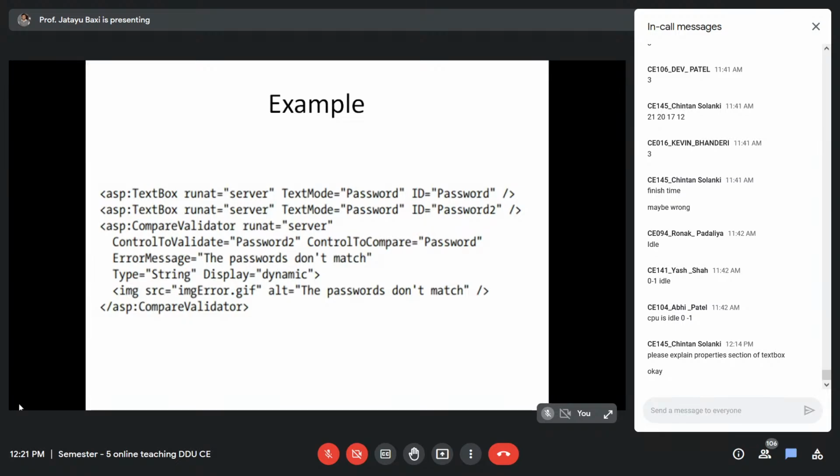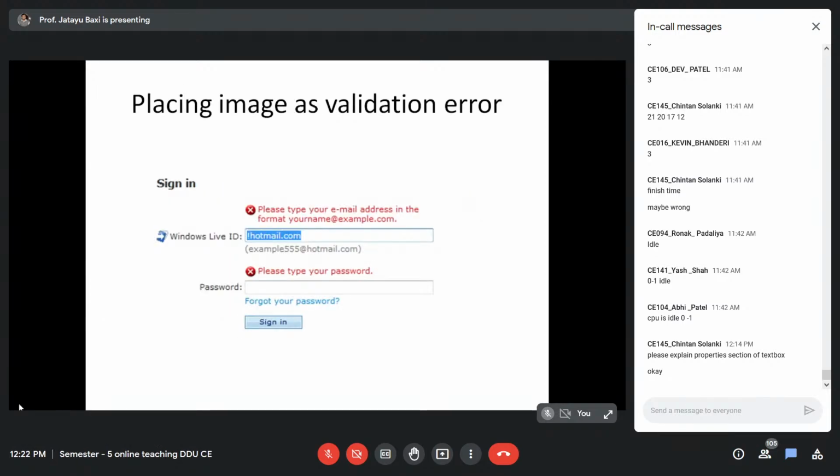So it will compare the value of password 2 and password, and if they are not matching, then it will give that the password is not matching. Here, instead of displaying text, it has displayed an error icon. That also you can do. Instead of putting a text, you can also put an icon as an error.